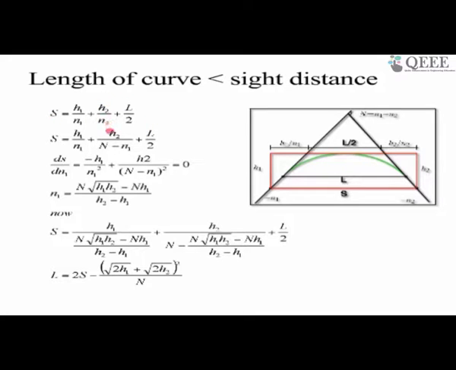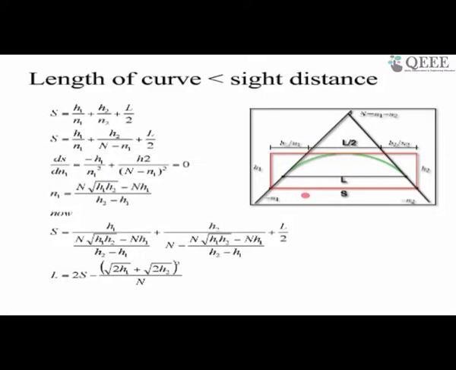Once we know N1 and N2, in this particular case this is positive and this is negative. The difference of this is going to be N1. Capital N is N1 plus N2. And if we know N1, then we can replace one value: N2 is replaced by N minus N1. This becomes my equation. Now we are trying to optimize, and the optimization we can do by differentiating it